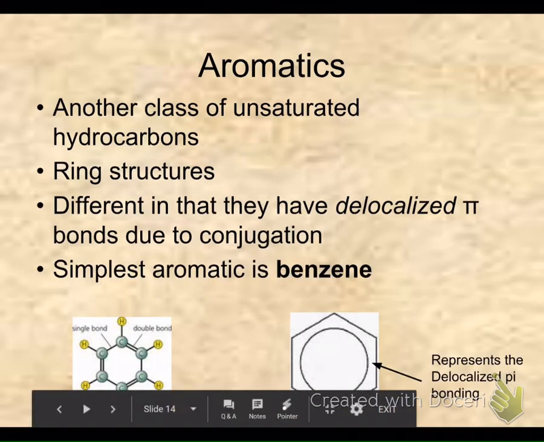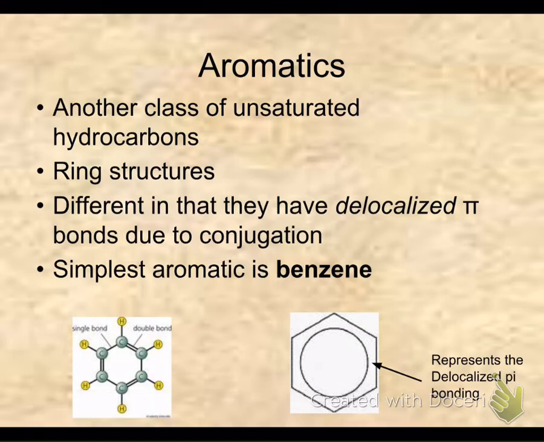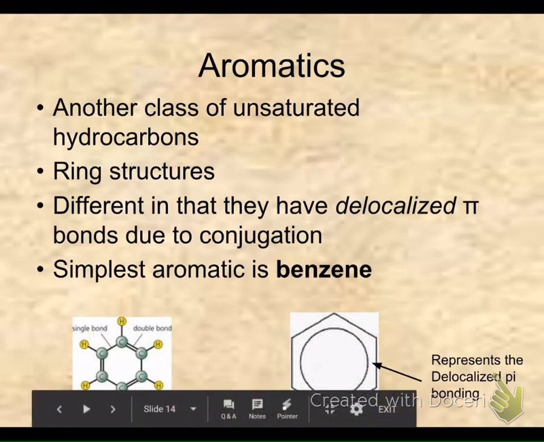All right, the final class are called aromatics. These are really closely related to the alkenes, and you can make the argument that these are alkenes. Okay, what happens, that double bond in organic chemistry can really do some fun stuff. We can form lots of resonance structures when we have these alternating double bonds, and in these aromatics, as you can see in this bottom left picture, see how these double bonds alternate? Well, I could just as easily put that double bond here,